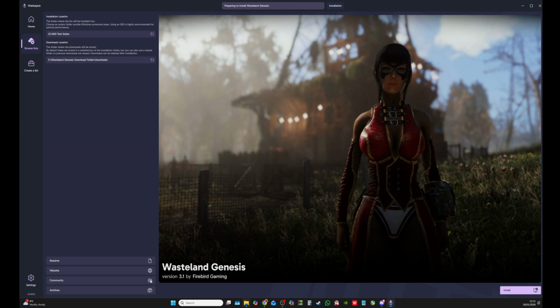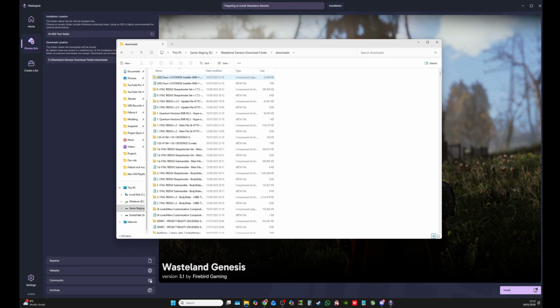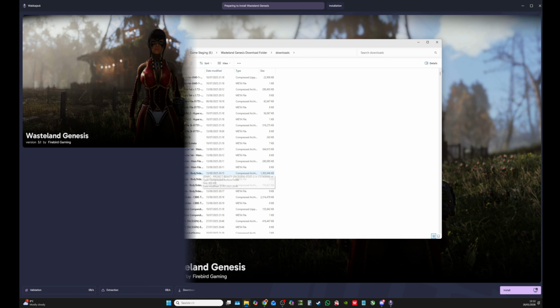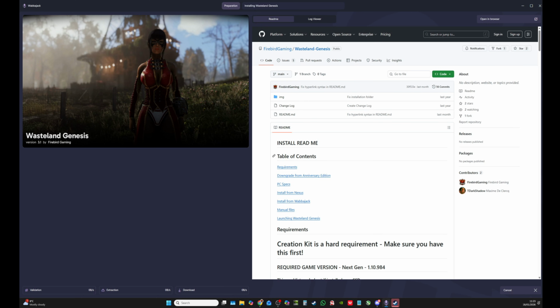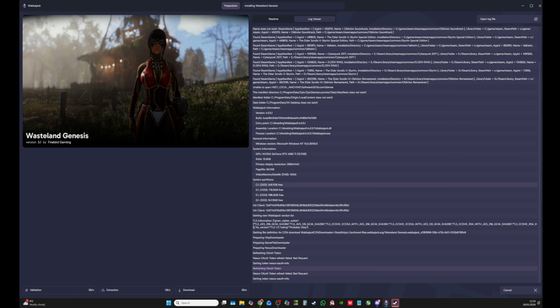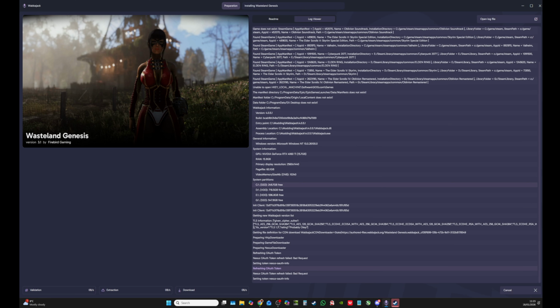It's empty because it's looking for a folder and not the contents. But if I just quickly show you the contents of that folder, you can see that I've actually got the mods downloaded in there. What you may find, which is the same problem I run into when I downloaded the latest version, is it actually hung at this point and wouldn't do anything else. You can see the validation, extraction and download is all at 0,